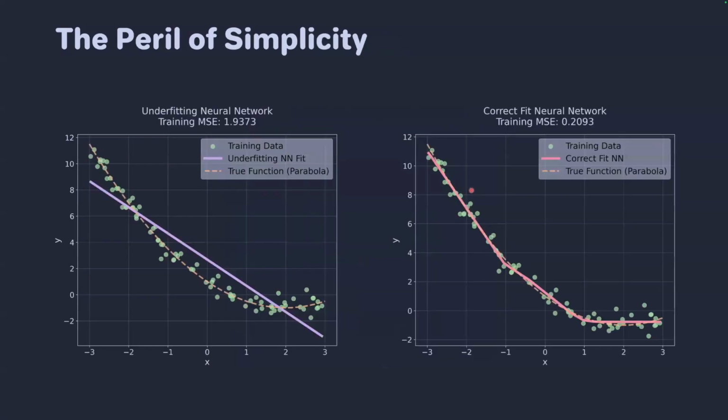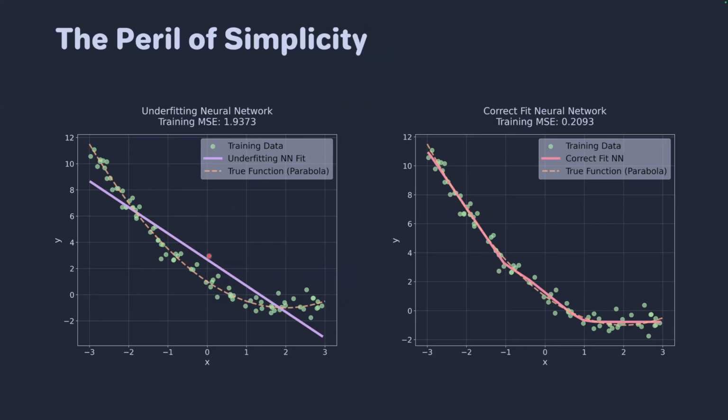Other extreme. So that was the curse of complexity, and that's the pearl of simplicity now. This should not be an invitation to oversimplify things, right? For example, this is the other end of the spectrum. Here you have a parabola function, which is obviously a nonlinear function. And we are trying to, again, use a neural network that is underfitting. In this case, the neural network has also two parameters.